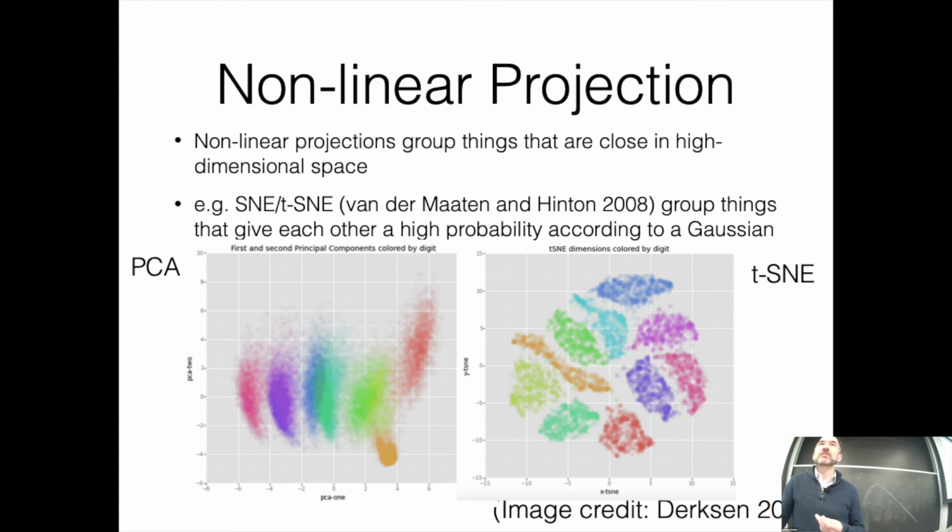in particular, a method called t-SNE. The way they do this is they try to group things that are close together in high dimensional space so that they're also close together in low dimensional space. But they remove the restriction that this is linear. So this is an example of reducing the dimension of digits from the MNIST data set